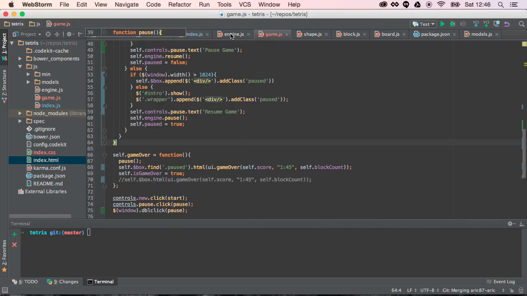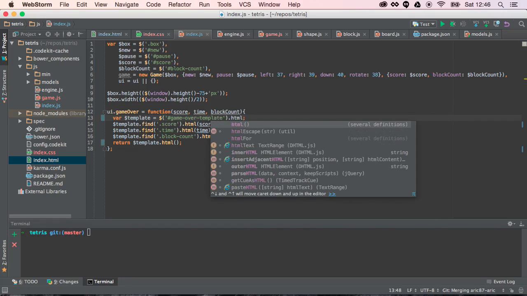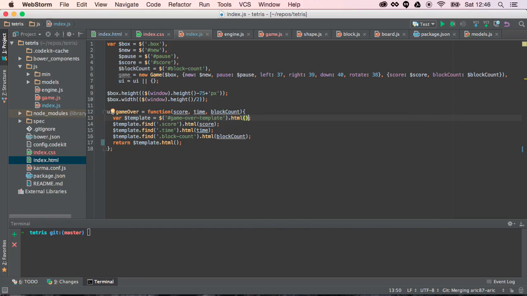So, I'm sorry, index game over template find score time plot. Okay. So we grab the HTML, we grab the string value, right? And then